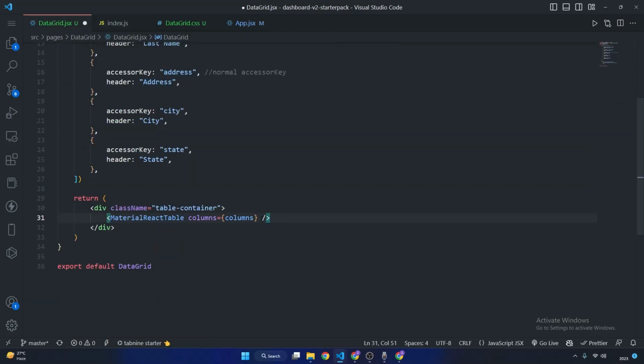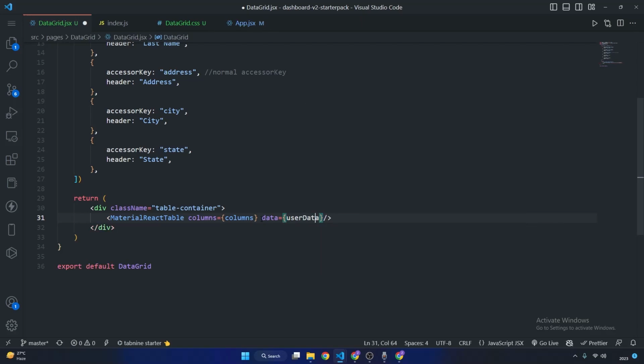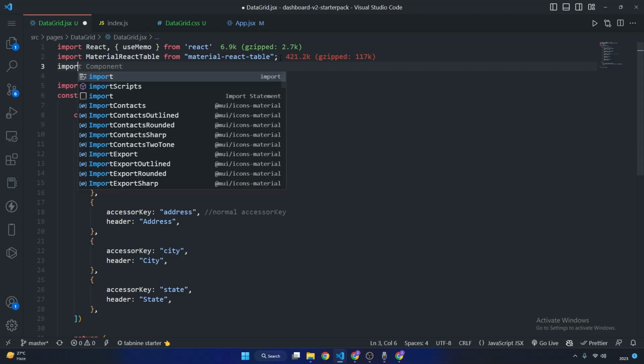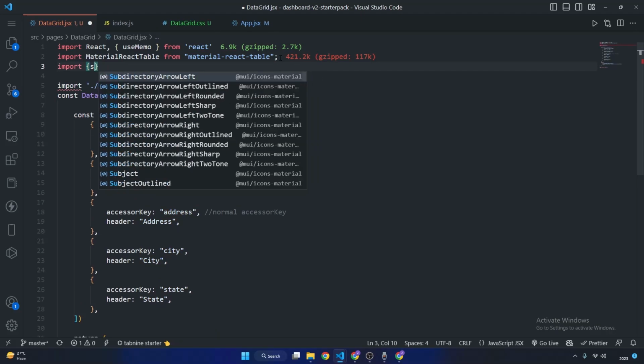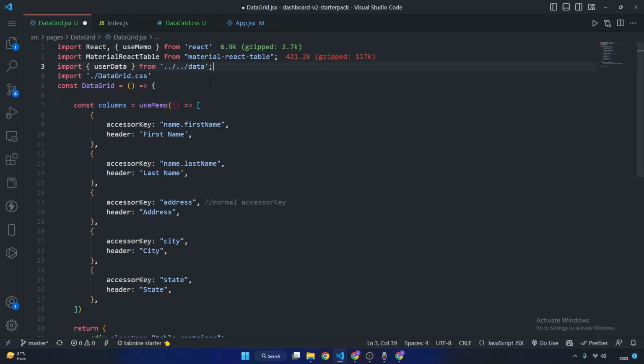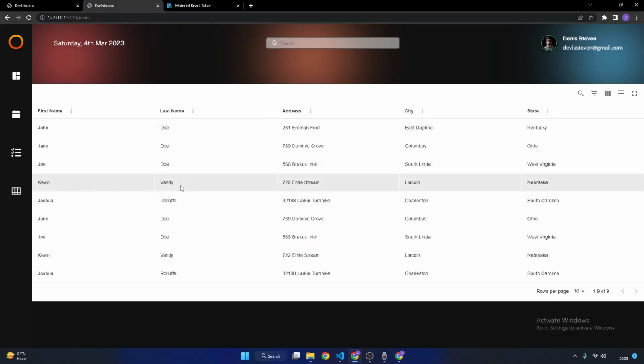So what I can do here, data equals to user data, control plus space. Yes, it should be auto imported, but auto import is not working. So I am going to do import user data like this again. Okay, then control S, and let's see, here I have the table which is having all the functionalities that come